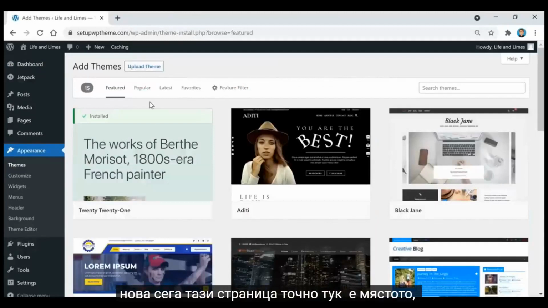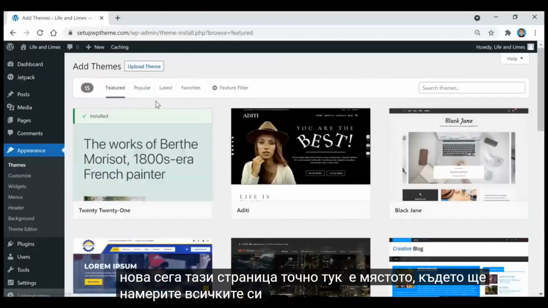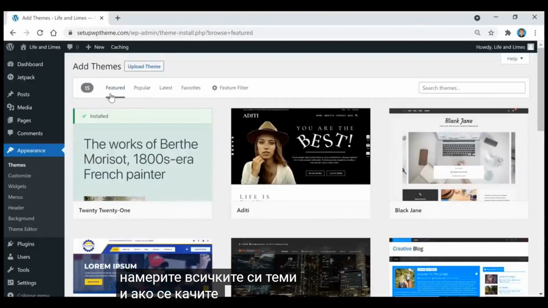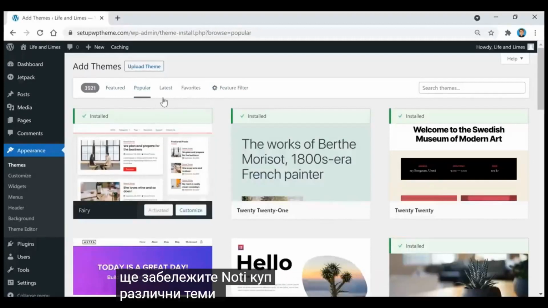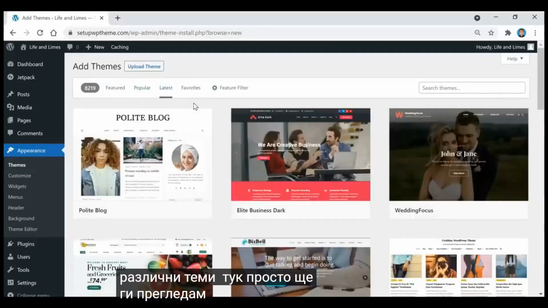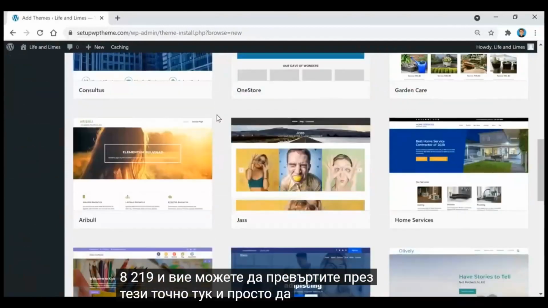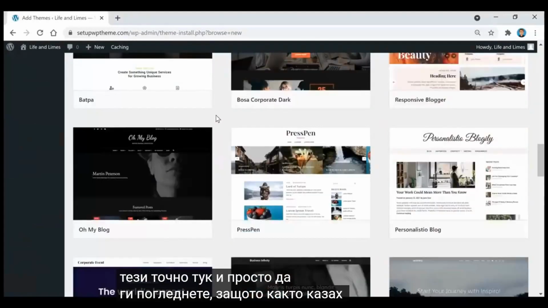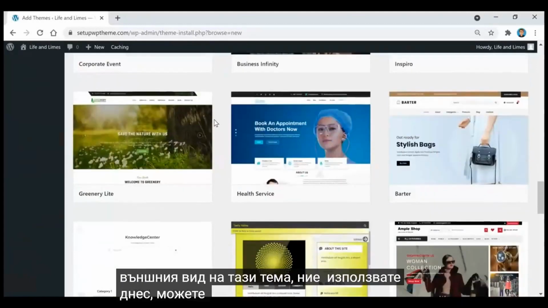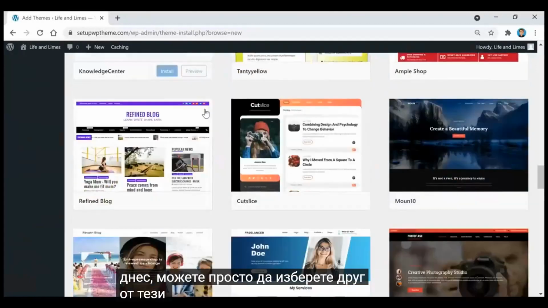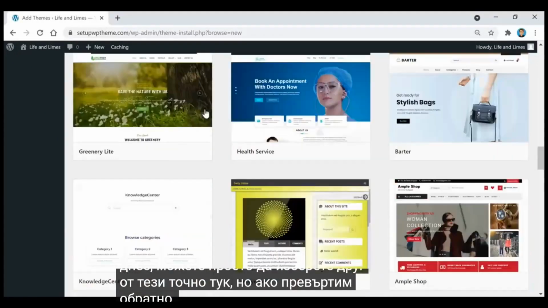Now this page right here is where you're going to find all your themes. And if you go up to the top here, you're going to see a bunch of different categories. And if you click through them, you're going to notice a bunch of different themes here. Just going to go through them real quick. You guys can scroll through these right here and just take a look at them. Because like I said earlier in the video, if you guys don't like the look of the theme that we're using today, you can just go with a different one of these right here. But if we scroll back up to the top,